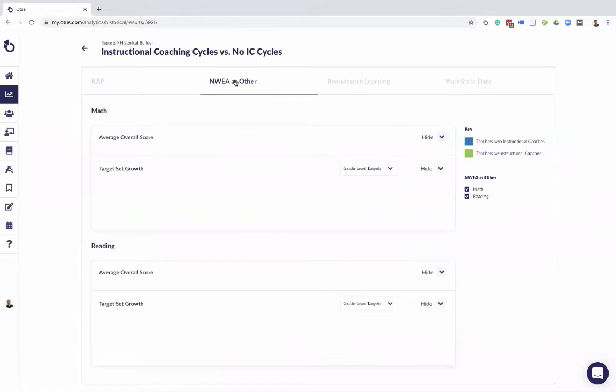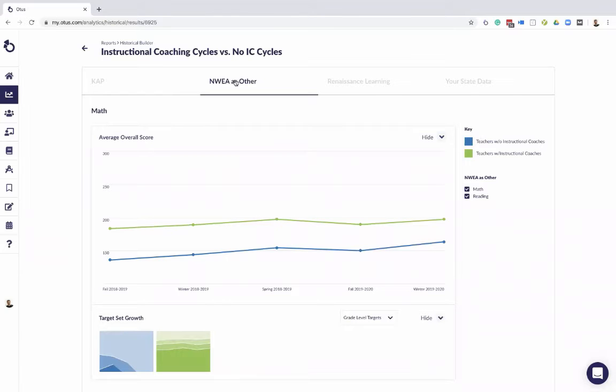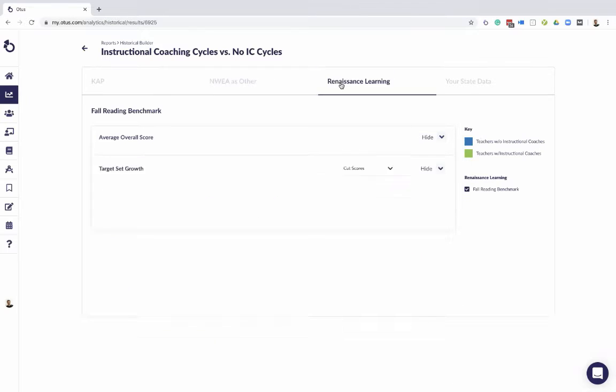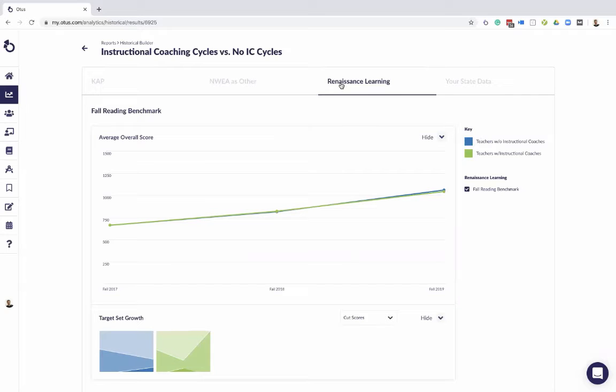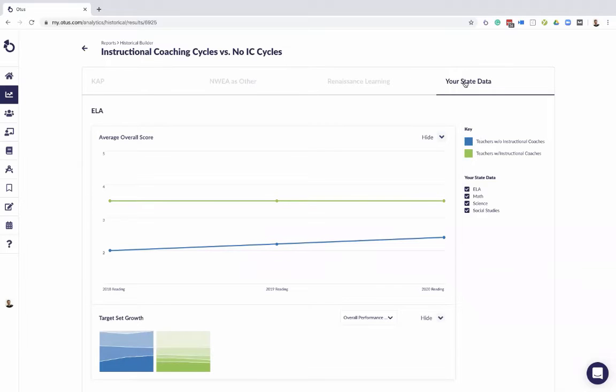I can also look at my NWEA data and compare these 2 groups. I can look at my Renaissance learning data. Now those lines are really close to one another. Or really anything else. All of the data that you have uploaded into Otus as third-party data can currently be visualized in our historic analytics. Later this spring, you're going to get to see data from district-created benchmark assessments, standards, and